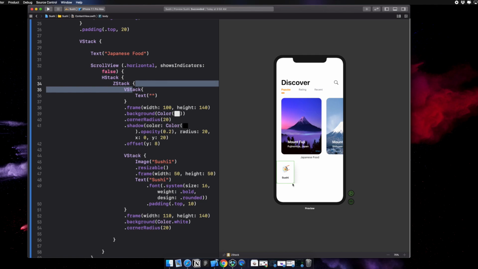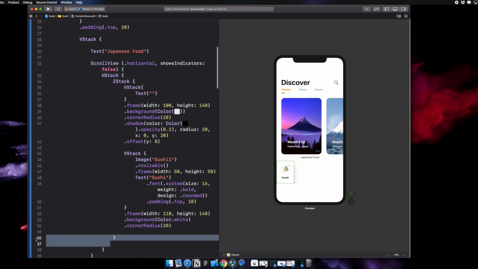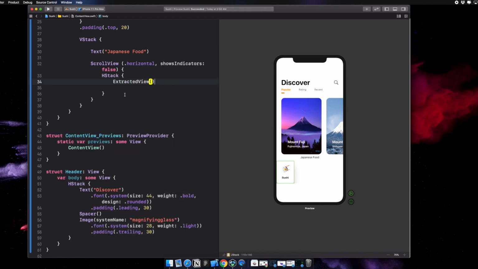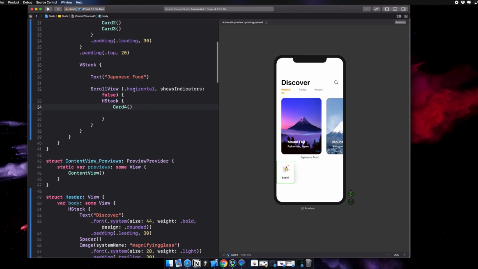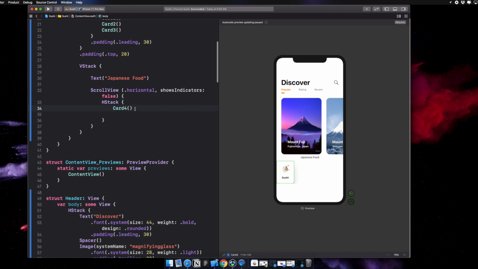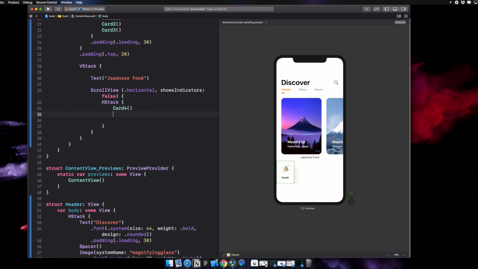Okay, so we're looking pretty good right now, and this is the issue that was coming up last time. I was kind of playing around. Like this is getting cut off. So what you need to do is, and I will fix this, I definitely want to extract this so we can see. This is going to be card 4. And then what we're going to do is we're going to come down here,